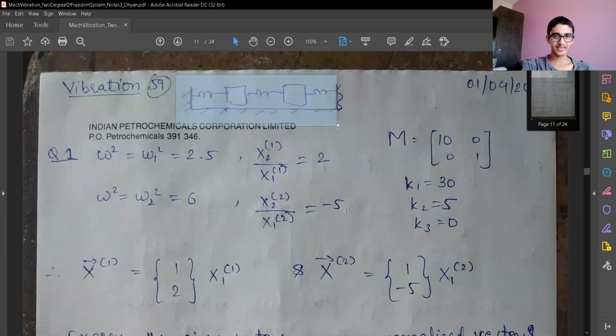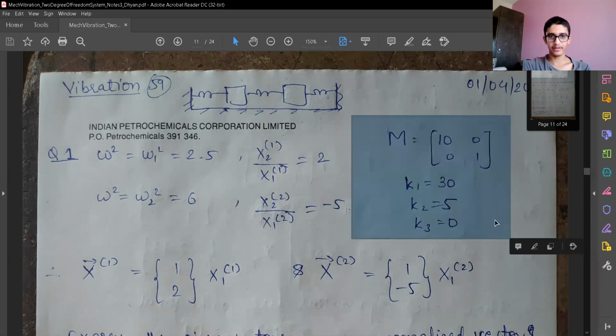Let's say this is the system given, and the omega values, which you have already known how to find. You put the normal mode conditions, take the determinant equal to 0, find the values of omega square, and take the positive square root of that omega square, and get the natural frequency. So let's say the natural frequencies are given. All the system parameters were known already. These were the system parameters for your information.